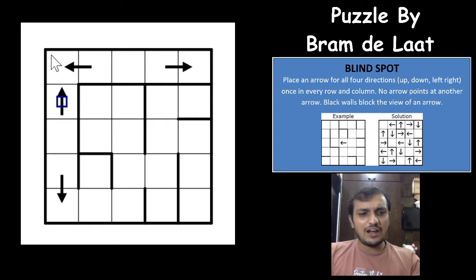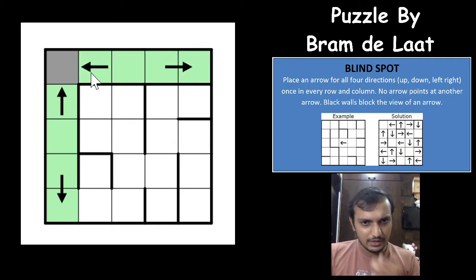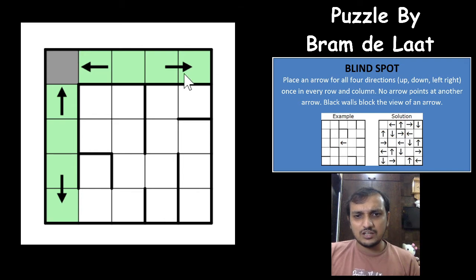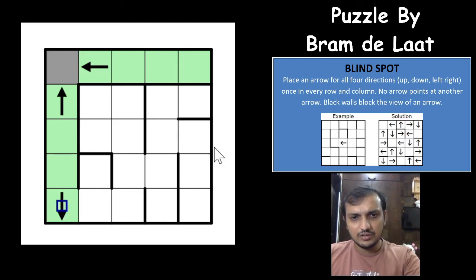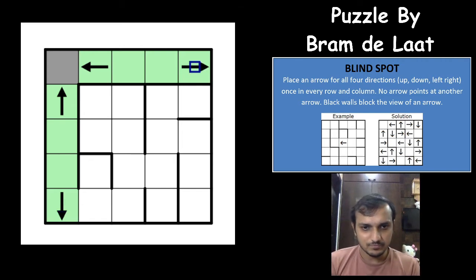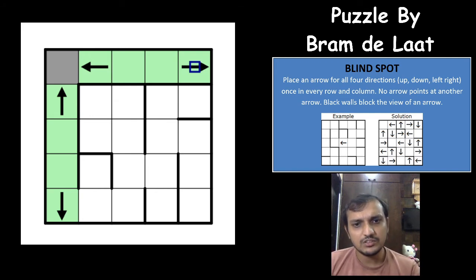And now this cell will have to be blank, because you already have an upper arrow and there cannot be any more arrows pointing towards this cell, or maybe this arrow cannot point to any of the arrows here, and which means that there won't be any arrow here, and you'll have to have an arrow here, right? And you already have the blank cell here, which means that both of these cells will have to be arrow in the last cell itself. This would have to be this cell and this would have to be this, right? Very nice logic. And with that, let us see here.